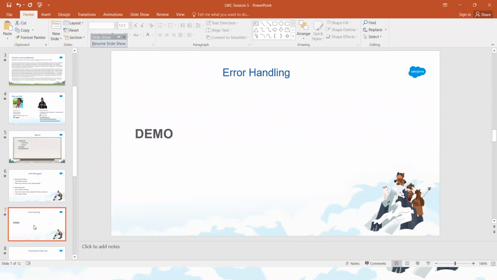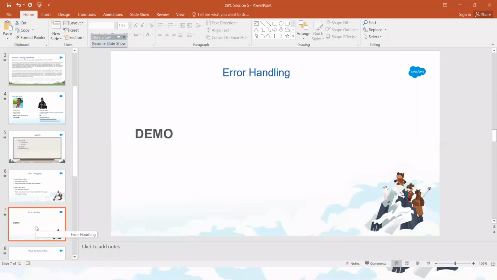For this error handling approach, this is the debugging to check from your browser, which is how we can debug from your Lightning Web Component controller. The same with Aura also. If you are an Aura developer, you can debug from the browser using inspect from the settings level.